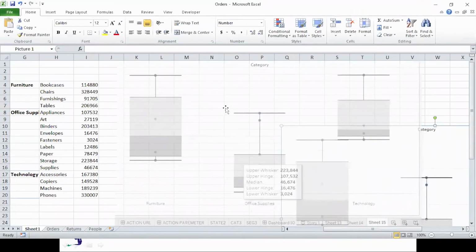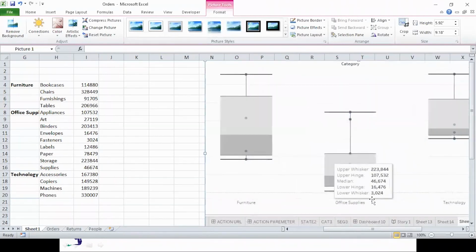Now let's compare this value, upper whisker, lower whisker. Let's look at this office supplies. Oh, I haven't sorted it first.